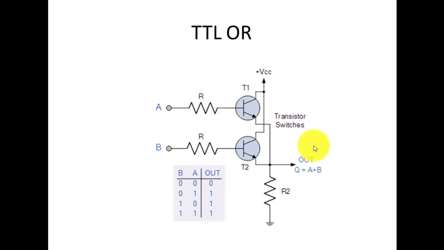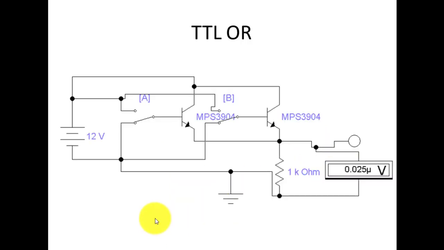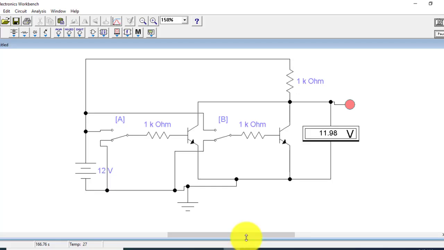We can construct this circuit by placing the collector resistance on the emitter terminal, and the rest of the circuit will remain same, just we have to place the output of the circuit on the emitter terminal. Okay, so let's go to the electronic workbench where we shall construct this circuit. So I'm going to delete this circuit of NOR gate, or we can use this circuit. So let's use the same circuit.